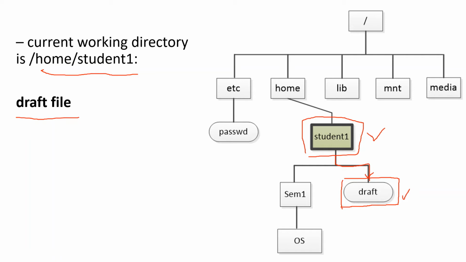So the relative path of draft is just draft, because it's located in student1. As simple as that. Okay, right, we can also